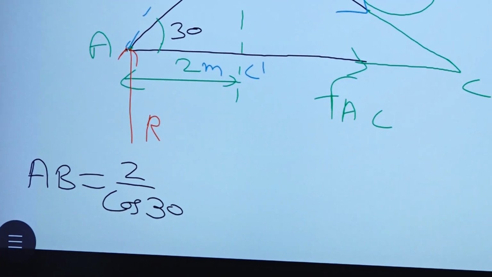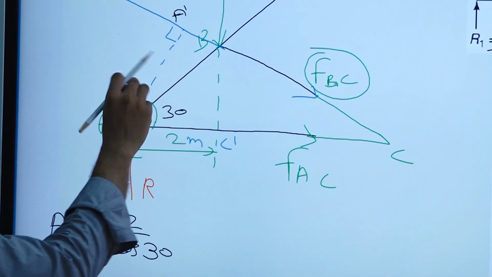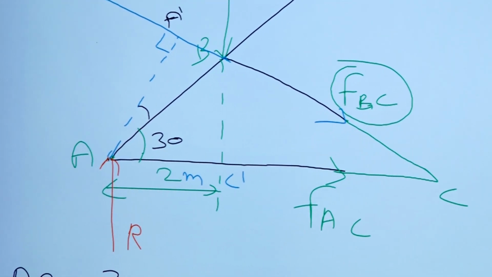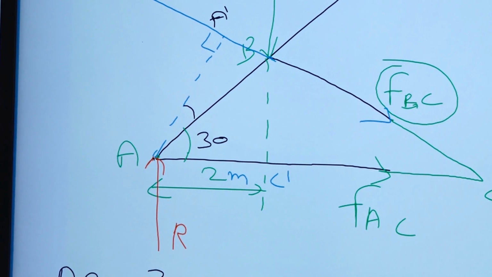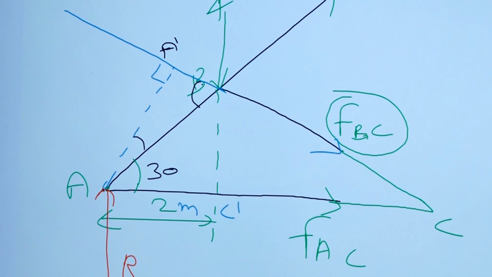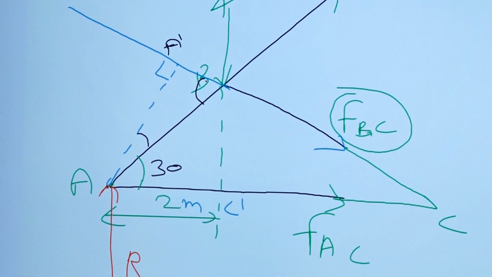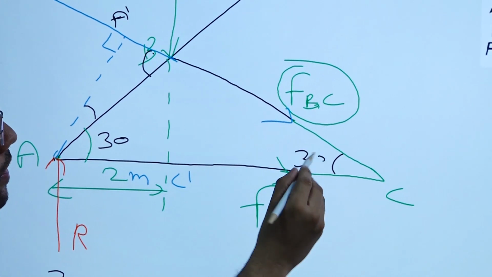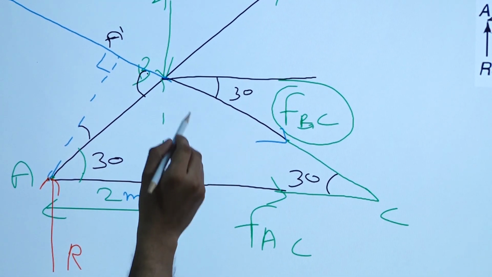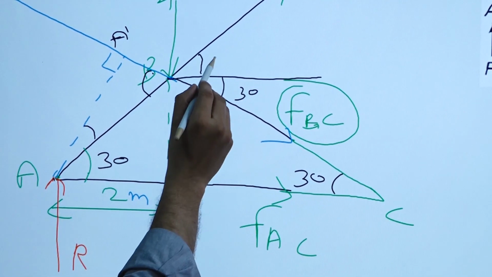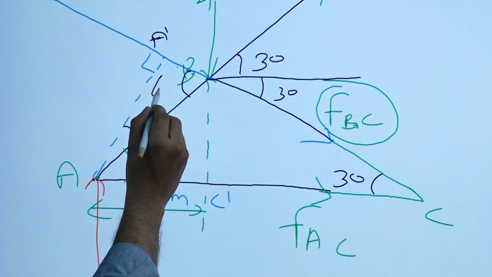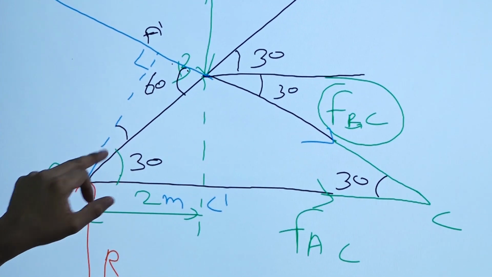Now from AB we have to find out AA dash, right. So to find out AA dash, we need to know this angle, right. And what will be this angle? To find out this angle, first we need to have this angle, right. If you know how much is this angle, then we can find out. This angle is 30 degree. If you make a straight line here, this will become 30 degree, right. If this is 30 degree, this angle will be equal to this angle, right, 30 degree. So we can find out this angle will be 60. Okay, if this angle is 60, this will become 30.